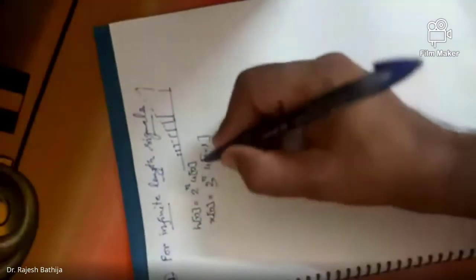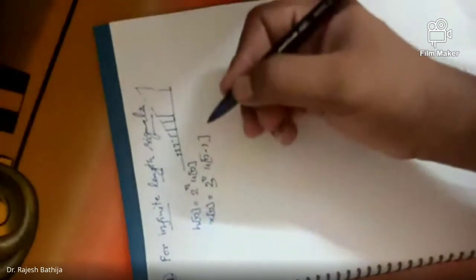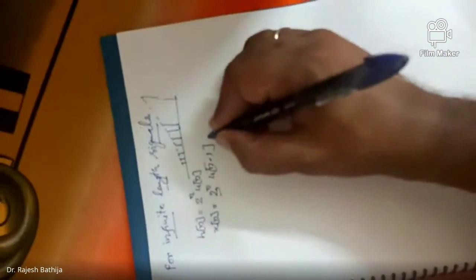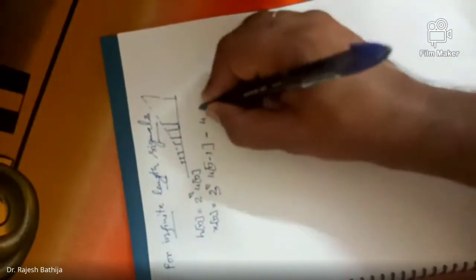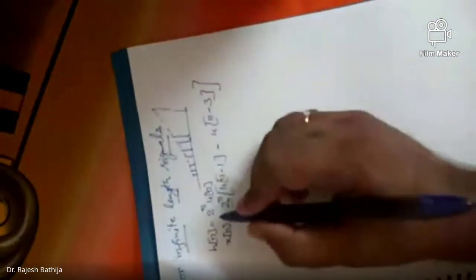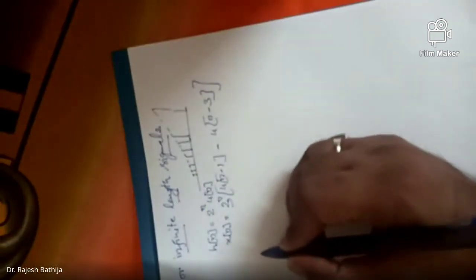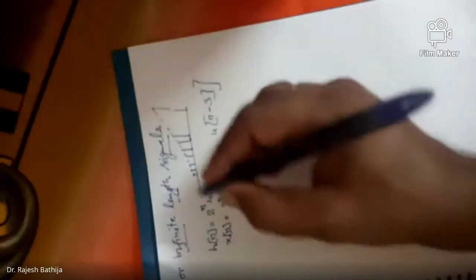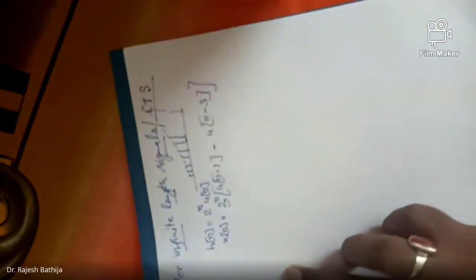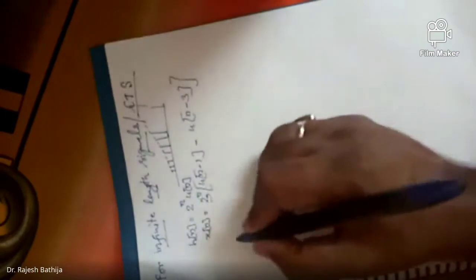One of the signals can also have a finite length, right? For example, if I do it with a finite length, suppose I have u of n minus 3 here, suppose I have a signal like this. So how do I plot this signal? First, this is the graphical approach for infinite length signals, and this approach can be used for the continuous time case also, continuous time signal also, right? This graphical approach. Now, how do we proceed?